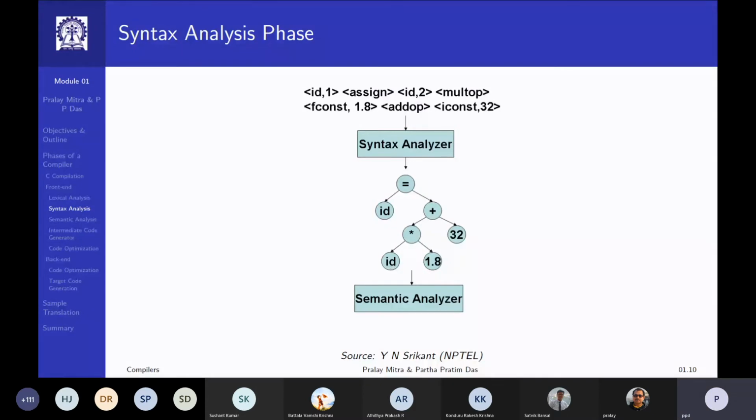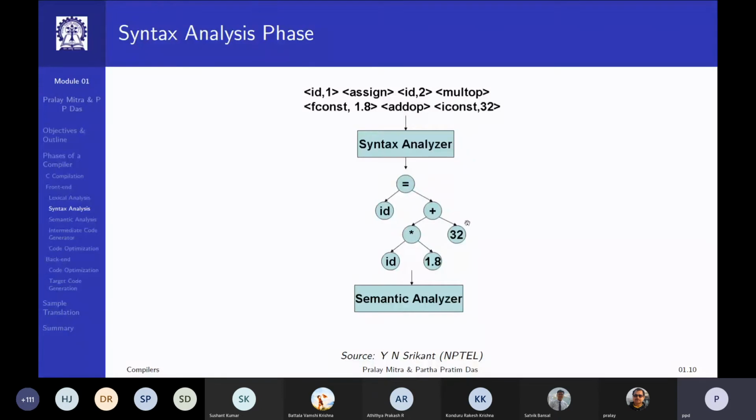The next is to do the addition. So I have to add 32. I create a plus node which takes the result of the multiplication and adds 32 to it, and I get that result as the value of the plus node. Final is the assignment. The left child is ID1, and the right child is the result of this addition. I will assign this value to this ID.